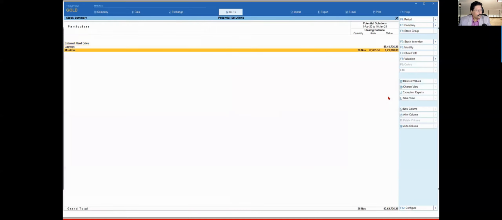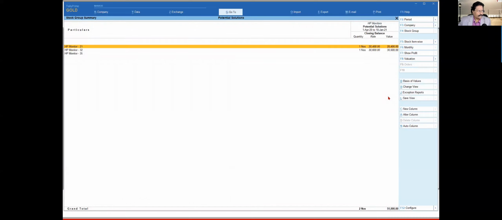Stock summary. Monitors, HP monitors. See here, HP monitor 21. Your basic cost was 20,000. 1,000 rupees was incurred towards freight charges. So 400 is getting appropriated based on your value.